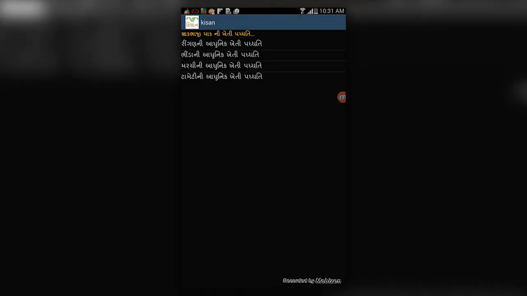Now we will see what kind of vegetable crop information is available. If you study this South Gujarat zone, the major vegetables grown in the South Gujarat area are brinjal, tomato, okra and green chilies. For these, the standardized good cultivation practices and the package of practices for each crop have been included here. Now we will go to brinjal.